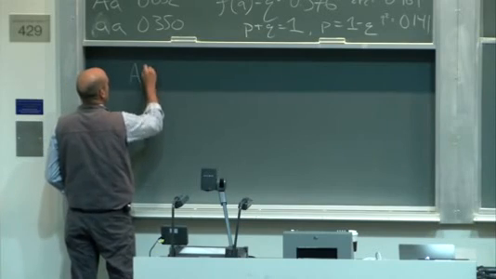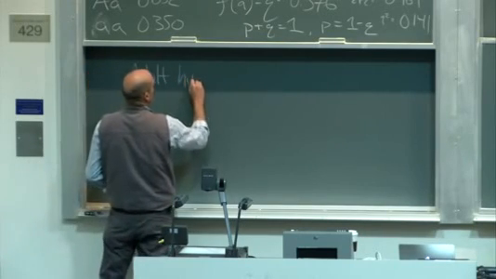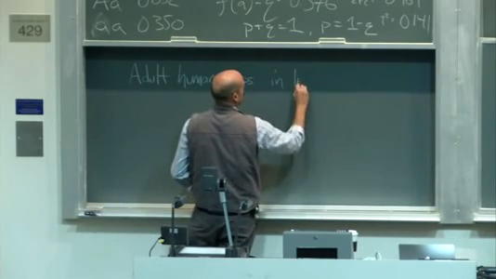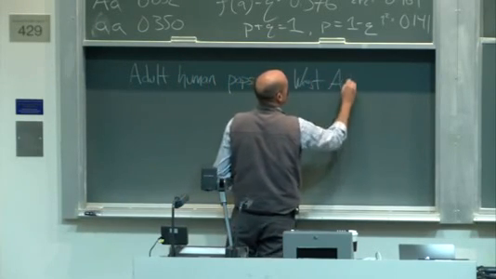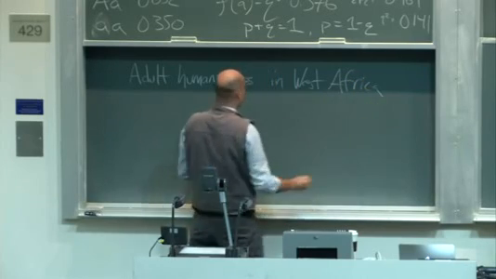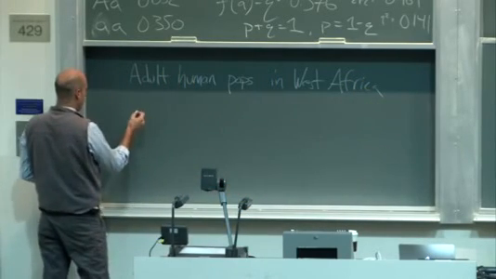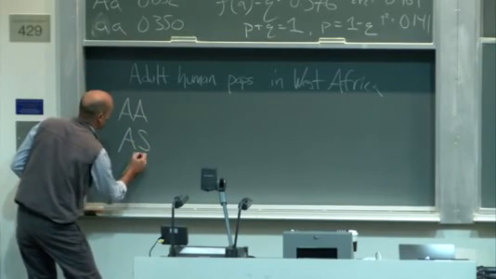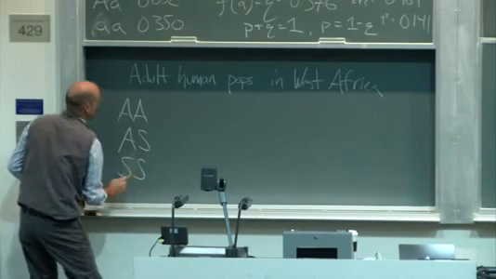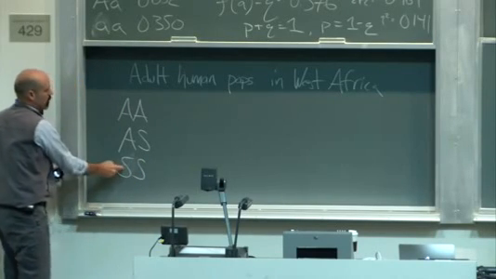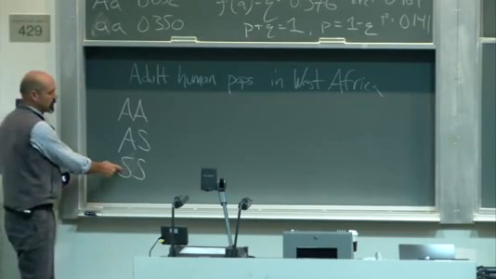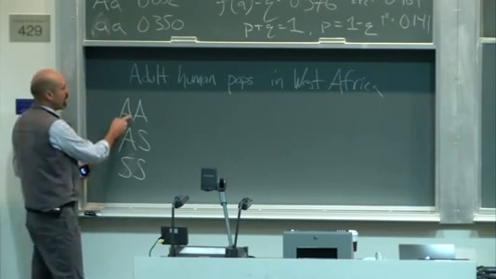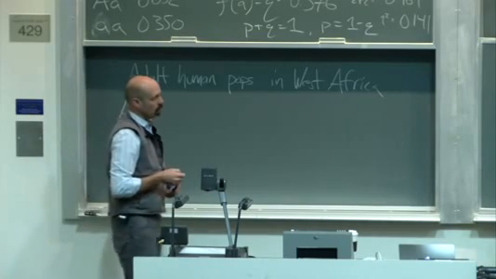So adult human populations in West Africa for, we'll call them, AA, AS, and SS. SS being your homozygous recessive condition for sickle cell disease, AS being the heterozygous condition, AA being the normal hemoglobin